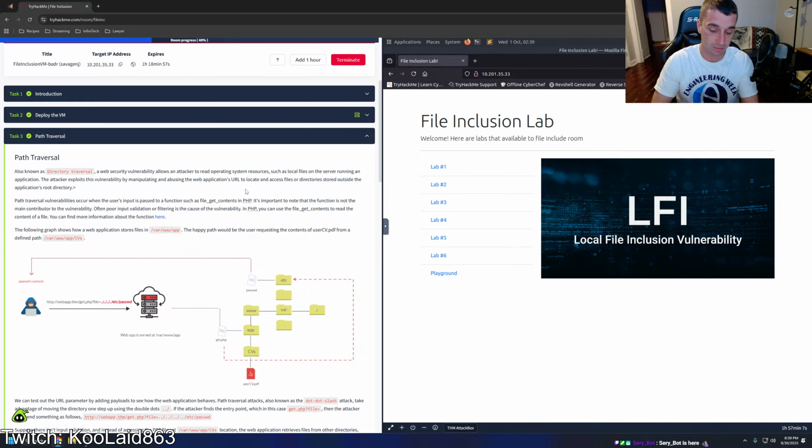Main contributor to the vulnerability. Often poor input validation or